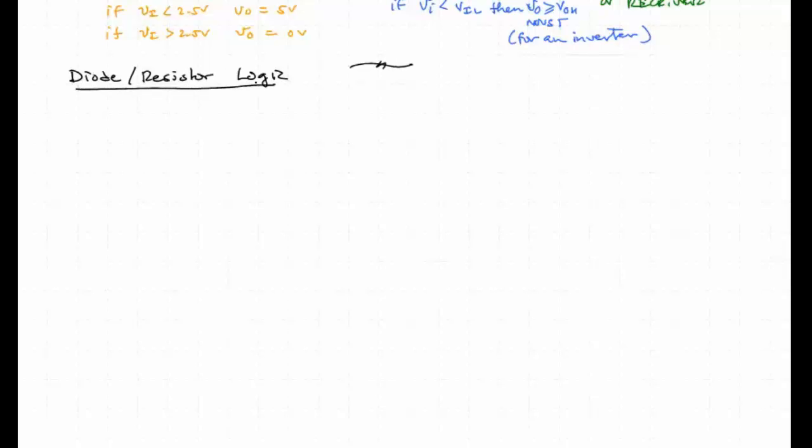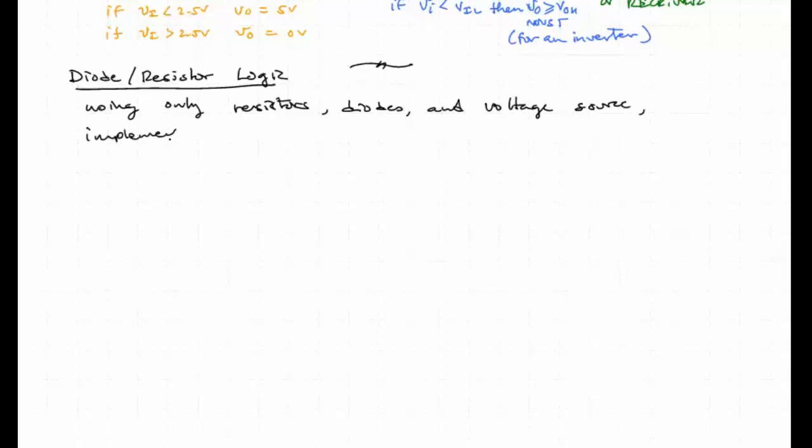This is a first look at trying to implement some logic gates, using only resistors, diodes, and we can use some voltages, like a voltage source, an OR and